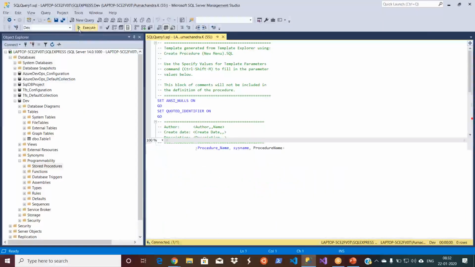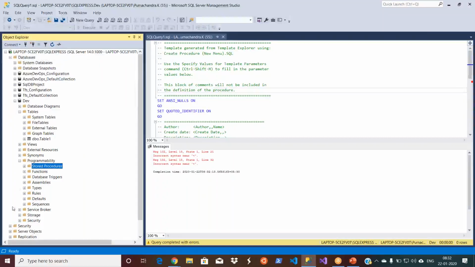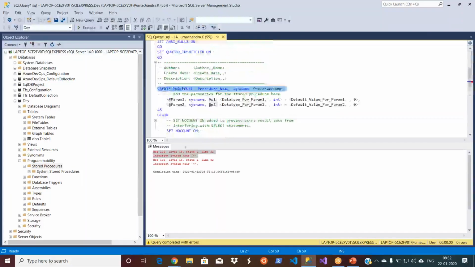Let's execute it. Okay, this is also giving me an error. Let me refresh it to see whether it's been created or not. Okay, sorry, at least I need to give the name here. Test procedure.